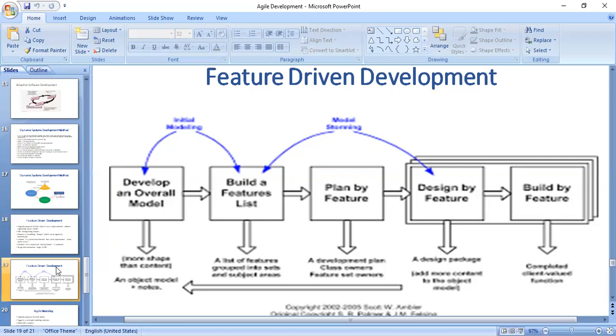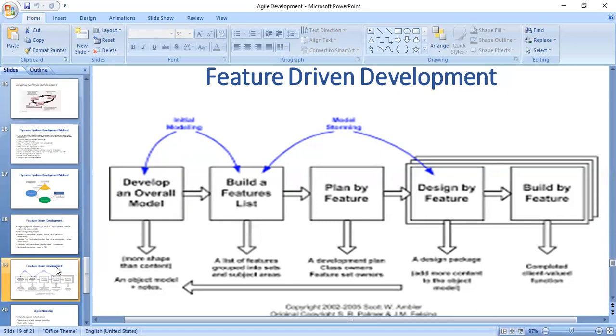The first process is developing an overall model. An FDD project starts with a high-level walkthrough of the scope of the system and its context. Next, detailed domain models are created by small groups developing each area and presenting it for peer review. One or more of the proposed models is selected as the model for each domain area. Domain area models are progressively merged into the overall model.